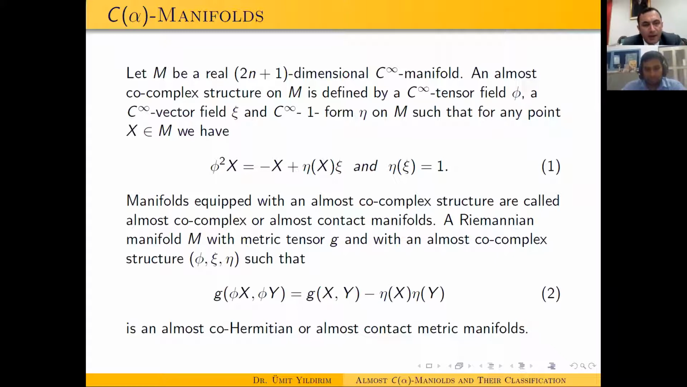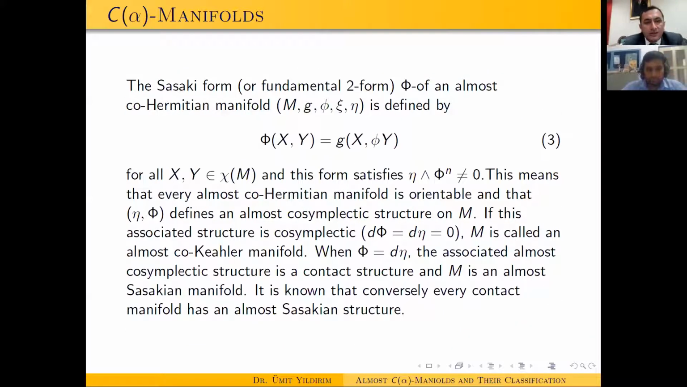A Riemannian manifold with metric tensor g and with an almost contact structure phi, xi, eta such that equation 2 is satisfied is an almost contact metric manifold. The Sasaki form, in other words the fundamental 2-form Phi, of an almost contact metric manifold (M, g, phi, xi, eta) is defined by equation 3: Phi(X, Y) equals g(X, phi Y) for all X, Y in the set of vector fields on M, and this form satisfies